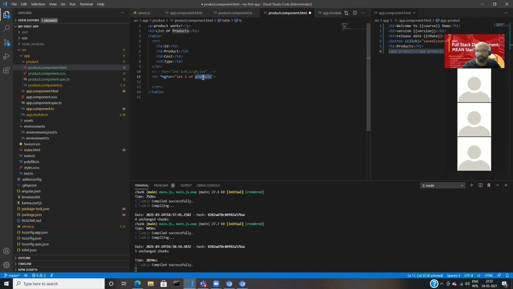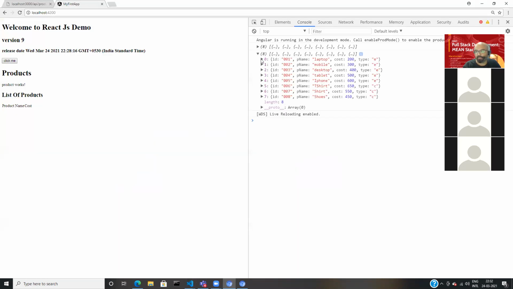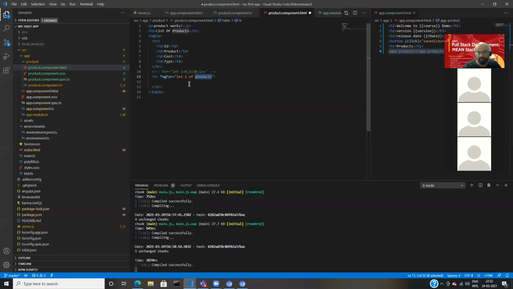You understood or not? So i is going to iterate through the 0 position, then first position, then second, then third, then fourth, then fifth, then sixth, then seventh. So i is going to iterate through each and every element of the array. Understood?